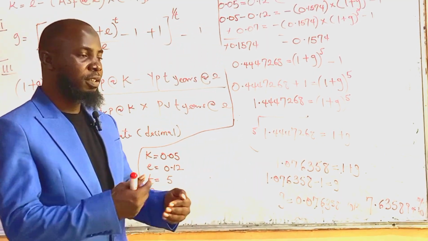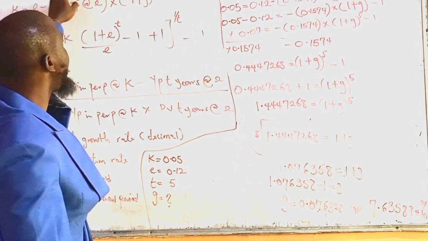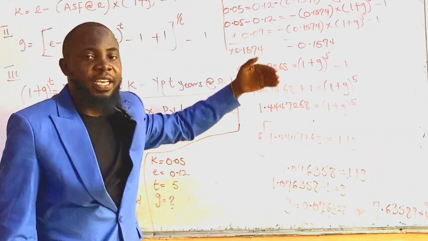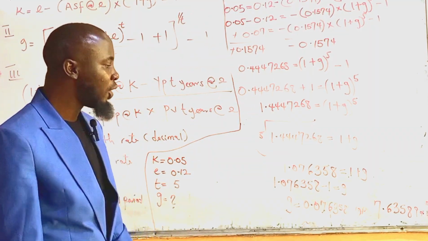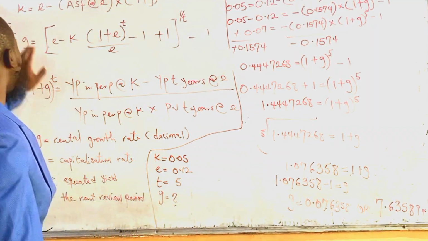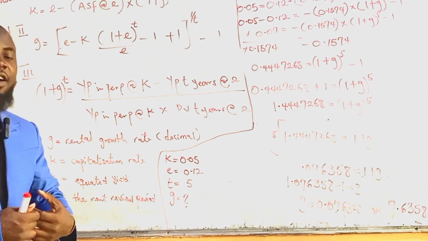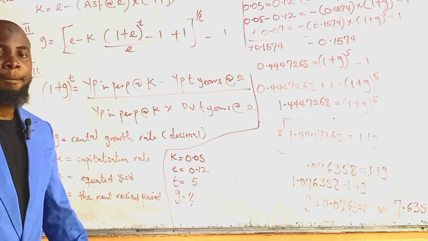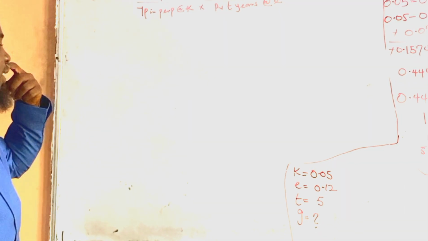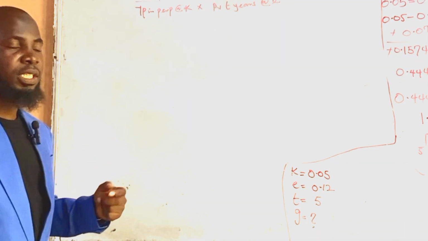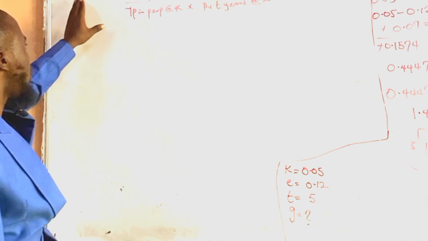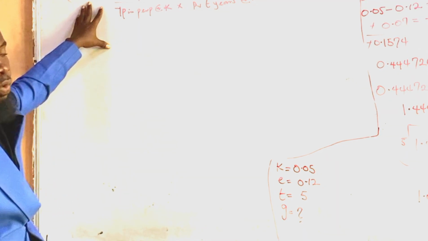That's what the capitalization rate, the G, the growth. So this is the development of the growth explicit model of investment valuation. That's what you are looking for. Now we have used method 1, right? Now let's try method 3 and see if we have the same answer. Okay, using the third method, which is the 3YP method. 1 plus G, which is your growth, what you are looking for,